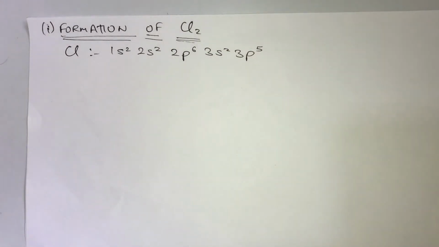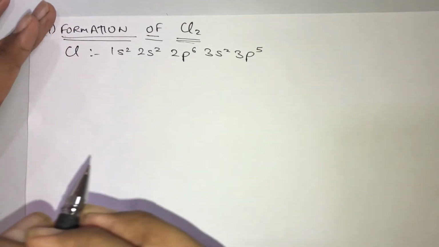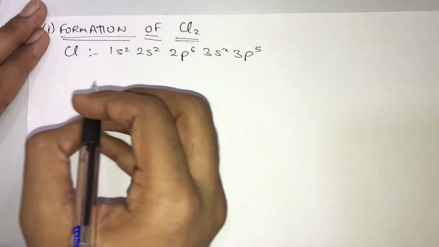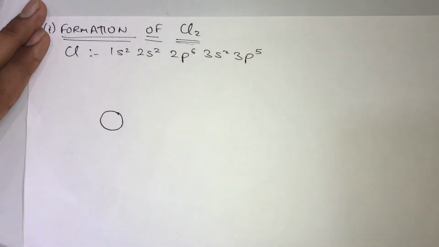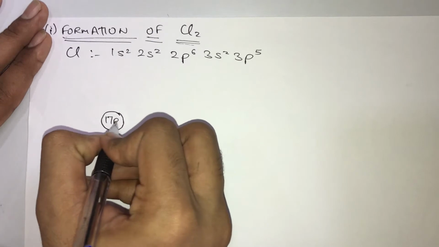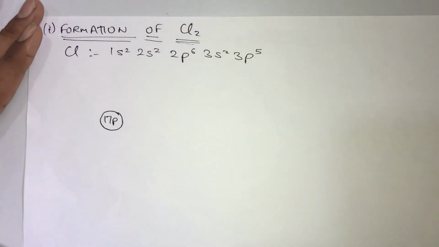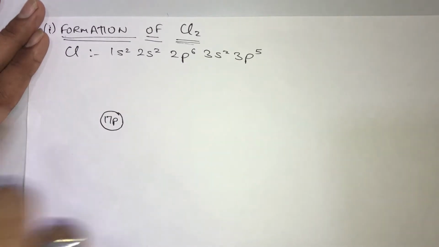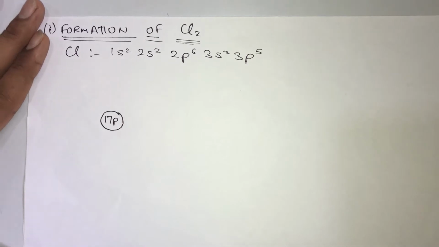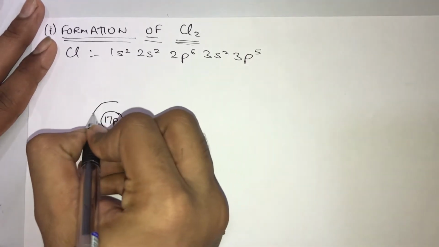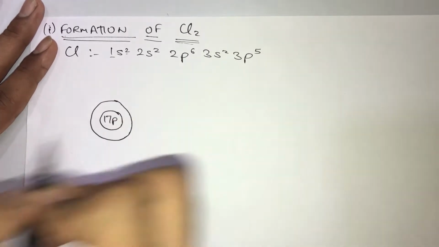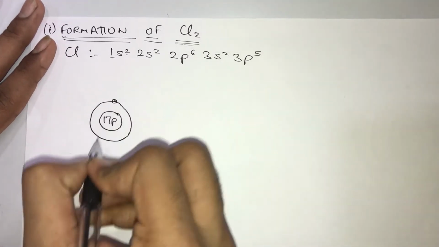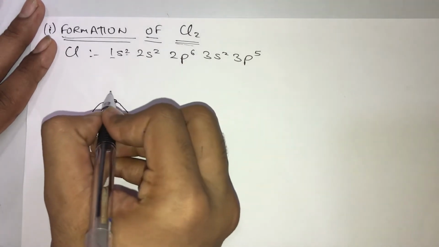3p5. Now the next thing that I am going to do is draw a diagram of chlorine atom. Okay, so obviously in the center there is nucleus, and in the nucleus can I say there are 17 protons present. Why are there 17 protons present? Because the atomic number of chlorine is nothing but 17. Now in the first energy level, can I say, there are 2 electrons present. Okay, now in the second energy level,